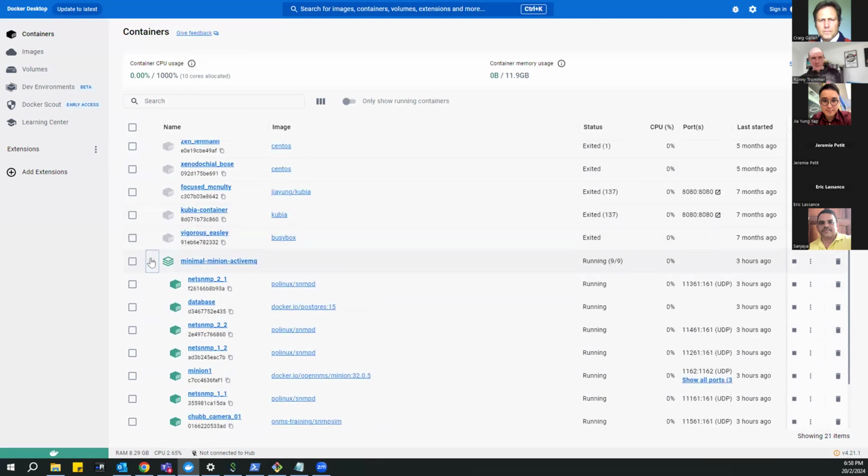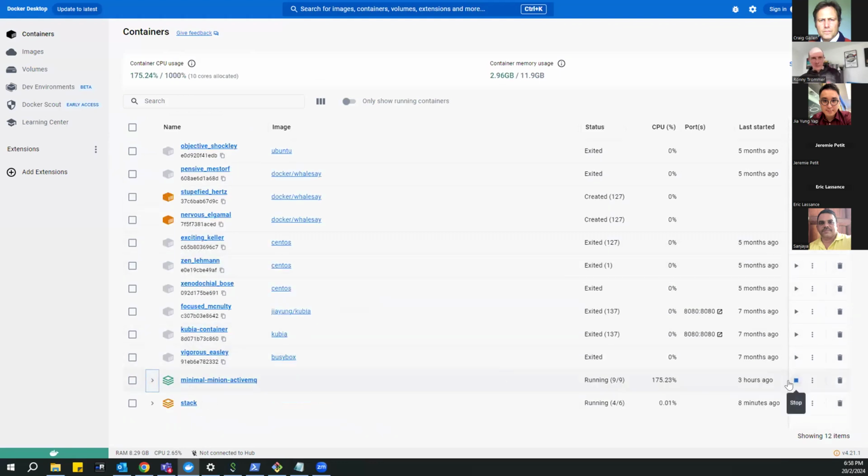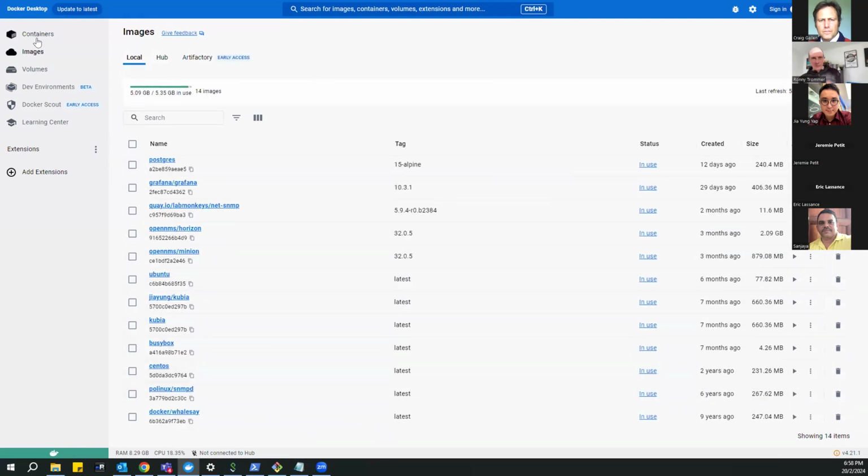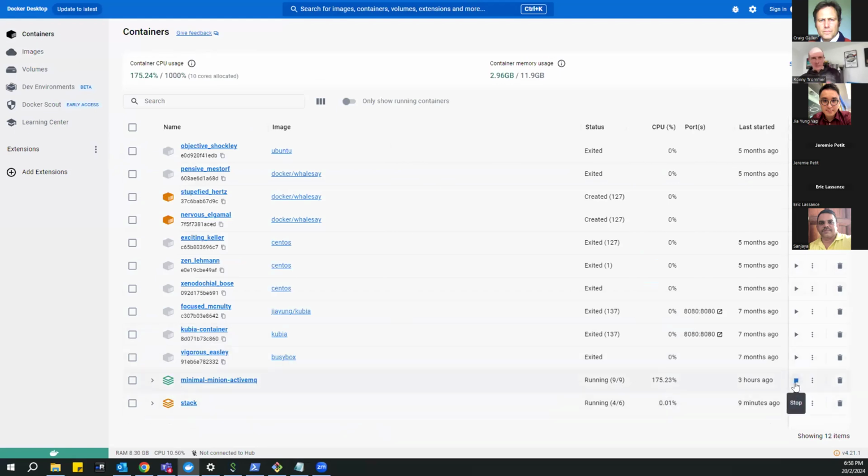Okay. You can stop the whole container. Just stop it here, right? Okay. Because initially I thought it was images. I saw images. All is already stopped. So there are different states. You see that minimal minion ActiveMQ stack that was running like 3 hours ago.